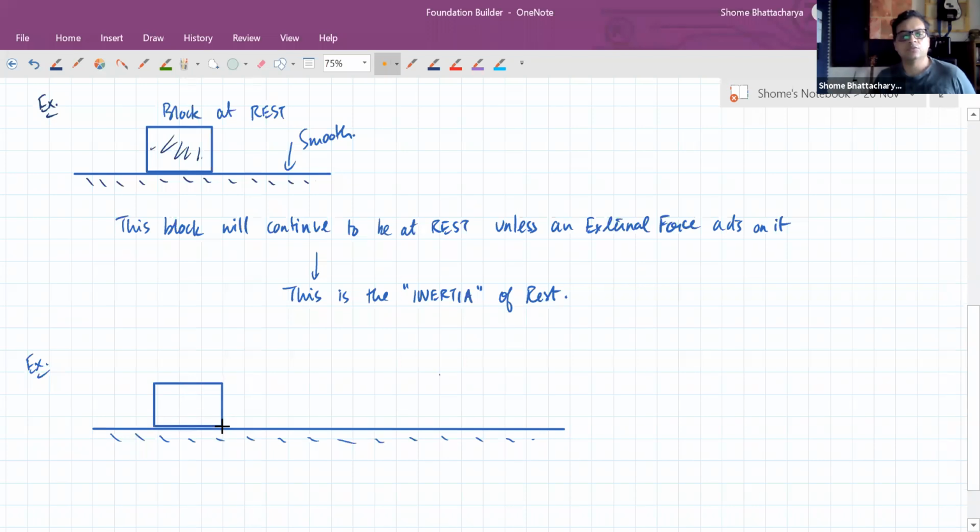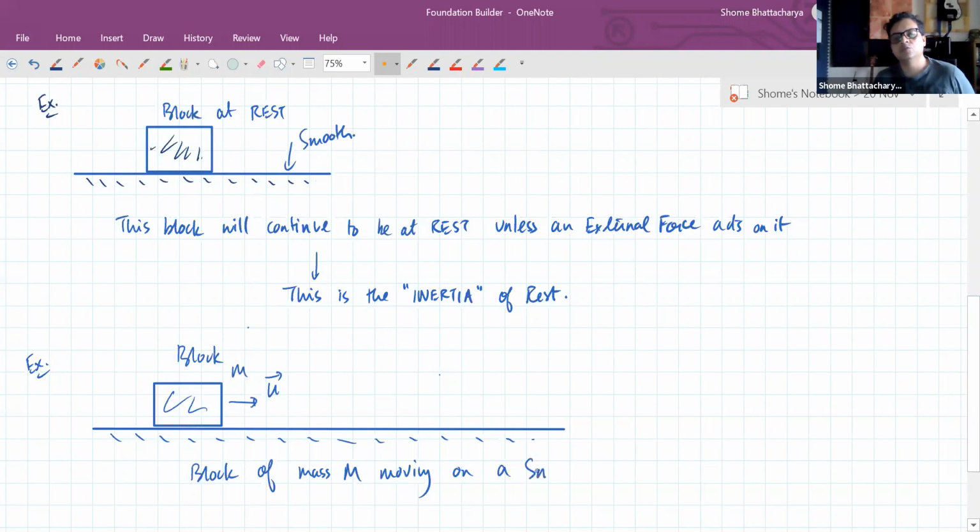It's already in a state of motion. So if the mass of the body is m and it is moving at an initial velocity u, this is a block of mass m moving on a smooth horizontal surface